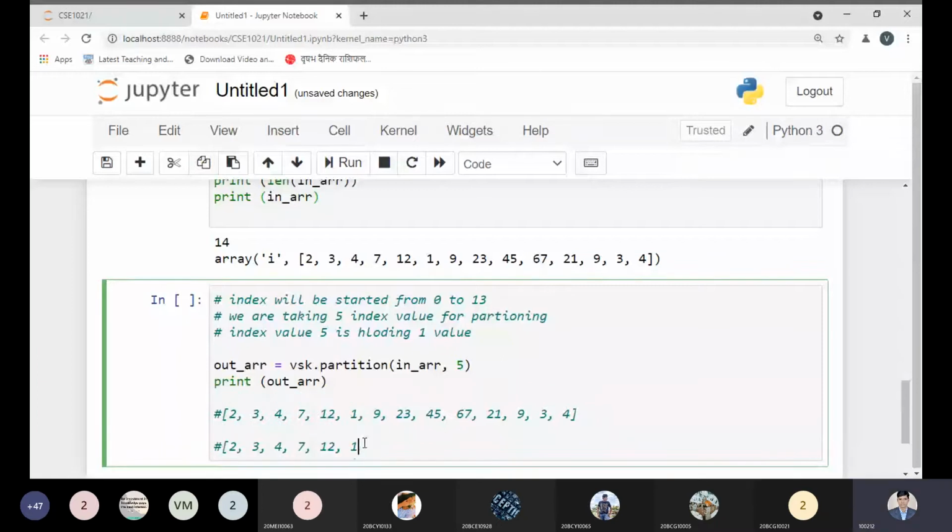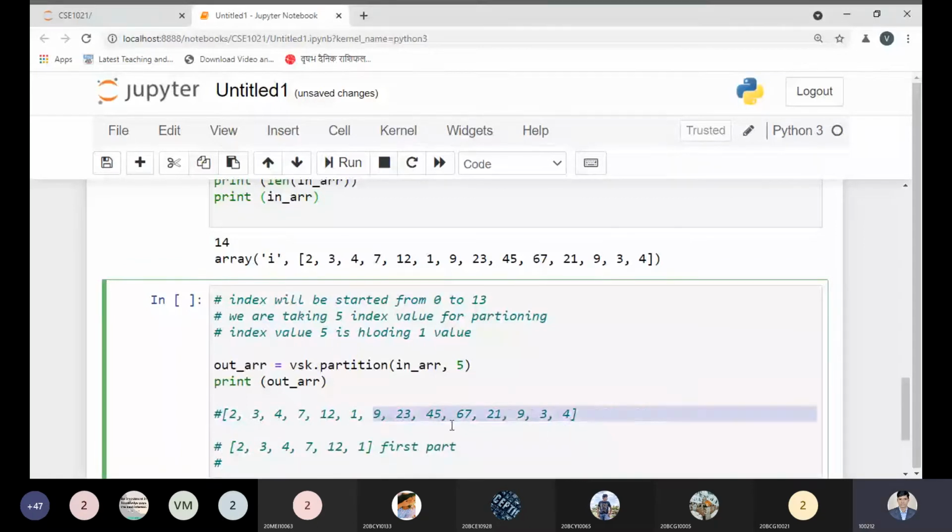Okay, now we have this array. We can say first part, and the second part I can start from this point to this point. Now, do you agree with me? Is this the second part? Yes, sir.